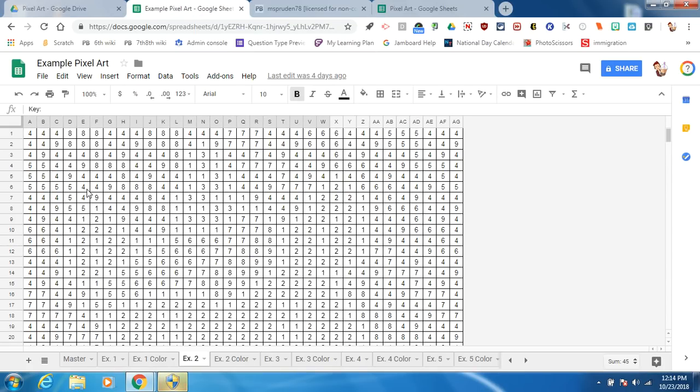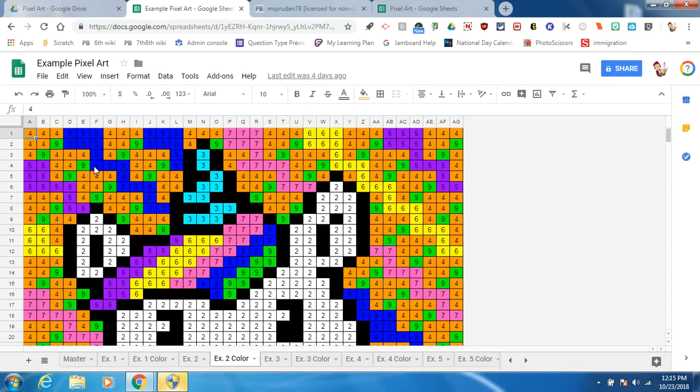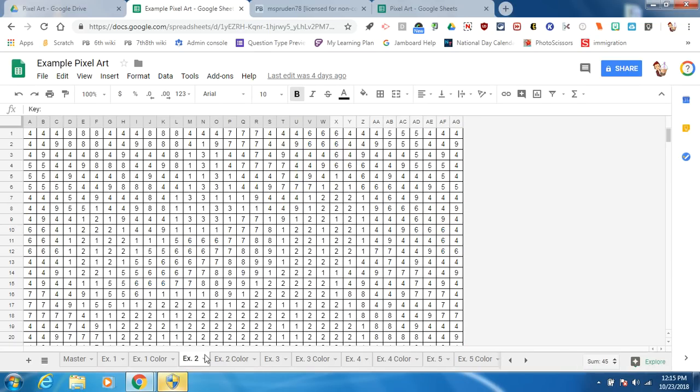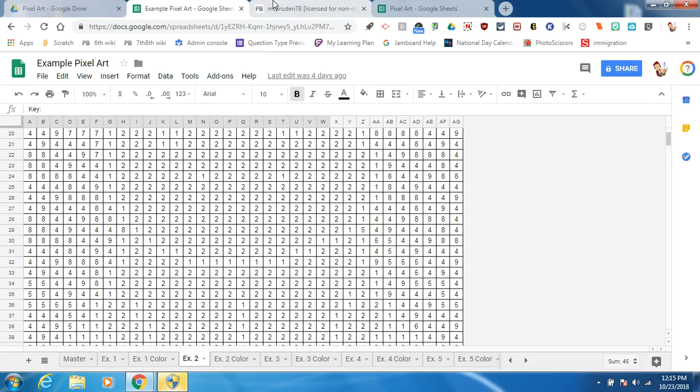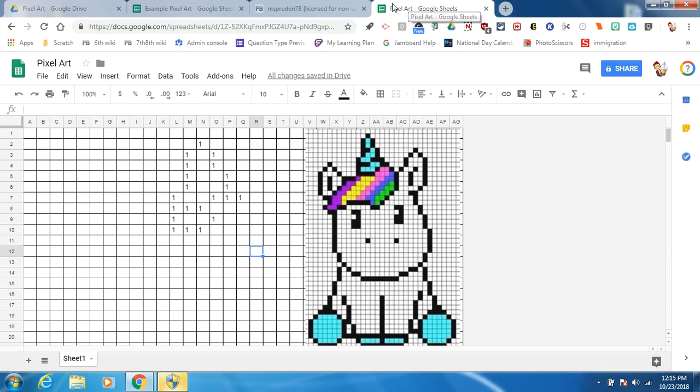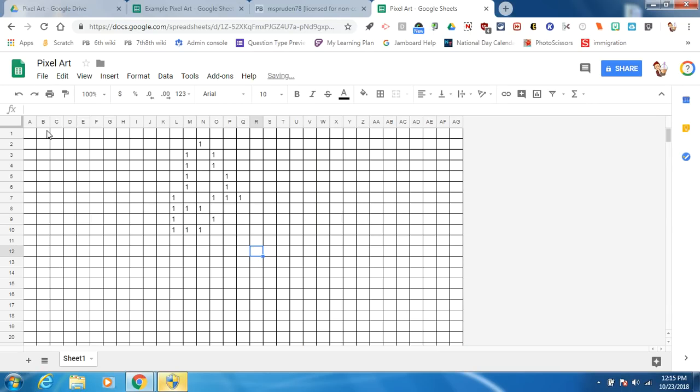I did a really detailed background, so when I colored mine in, it looks really detailed. You can do a solid color, that is up to you. Your main focus is to get your design done. So in my case, I had to get my unicorn done. If I add any new colors to my grid, please make sure that you add them to the key at the bottom. Once I'm done entering all of my numbers on my grid, I can delete my picture,